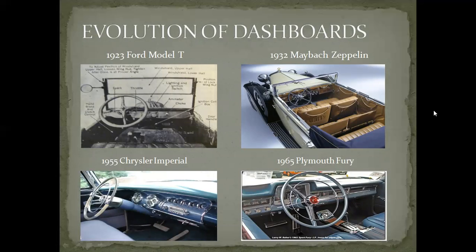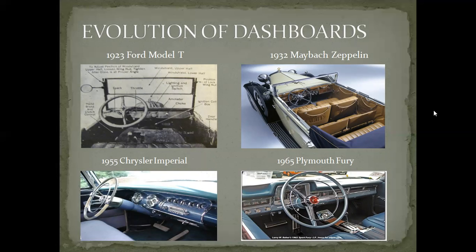So let's talk about the evolution of dashboards. From software to hardware, it is always interesting to see what design iterations appear in the first few rounds of a revolutionary product. As we can see in the first photograph, the Model T was the first ever car built for the common man. Devised by Henry Ford in 1909, automobile technology was in its infancy. Looking at the dashboard on the 1923 model, the only measurement is that of an ammeter.